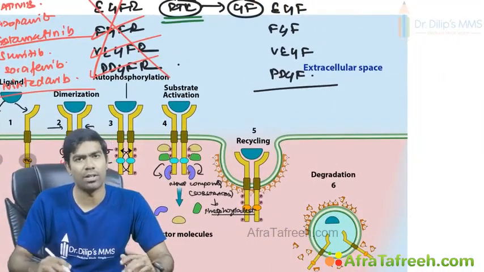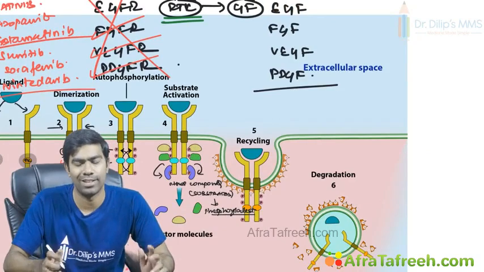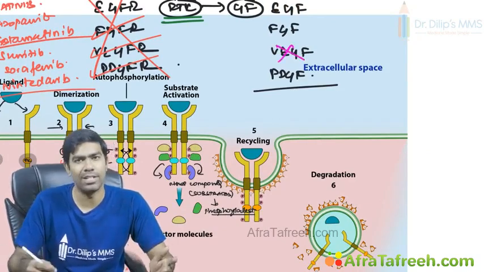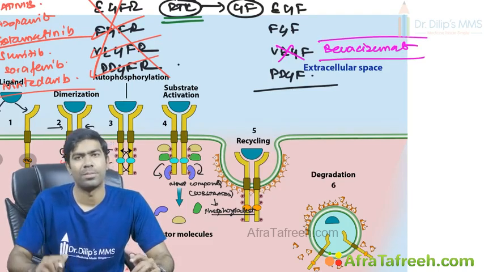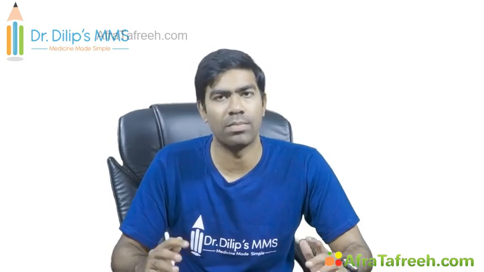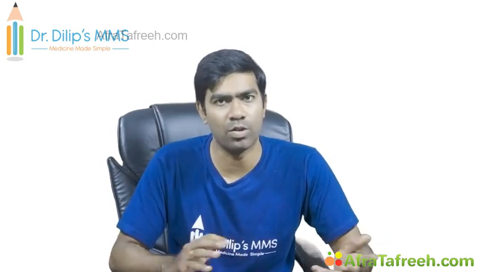Similarly, you can block the growth factors itself, isn't it? Typical example is VEGF inhibitor. What do you mean by VEGF inhibitor? You have bevacizumab, characteristic example, isn't it? You can directly block the VEGF itself. Clear? So that's called bevacizumab. We have a lot of other compounds like this. Similarly, ranibizumab, bevacizumab, ranibizumab. Now ranibizumab is being used in India.